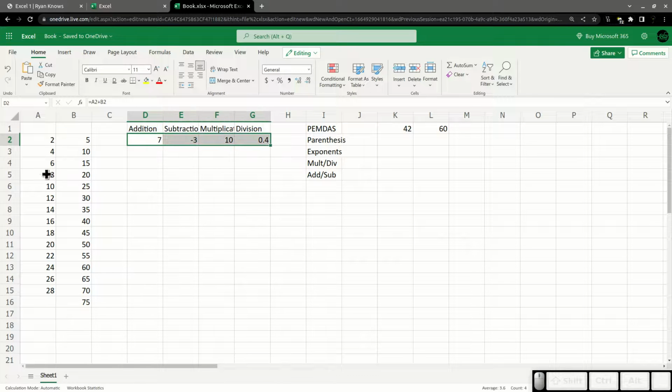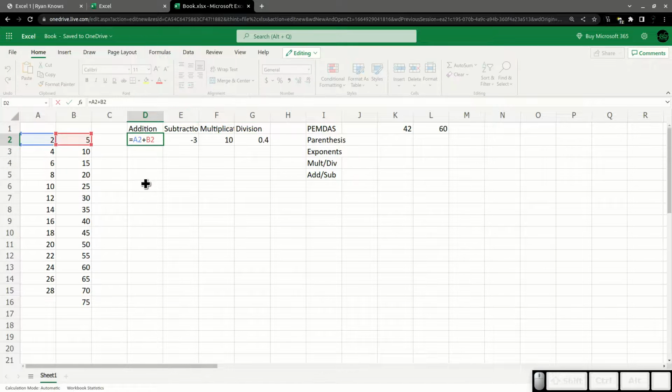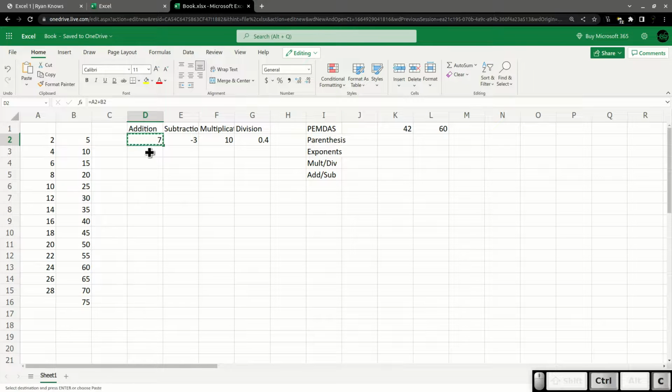So this is obviously just made up information, but now that I've done this work of doing addition, subtraction, multiplication, and division for that row, it would be kind of a pain in the butt to have to retype this for every single row. I could copy it, so I can select that row and right click, or I can do Control C and right down here hit Control V to paste it.